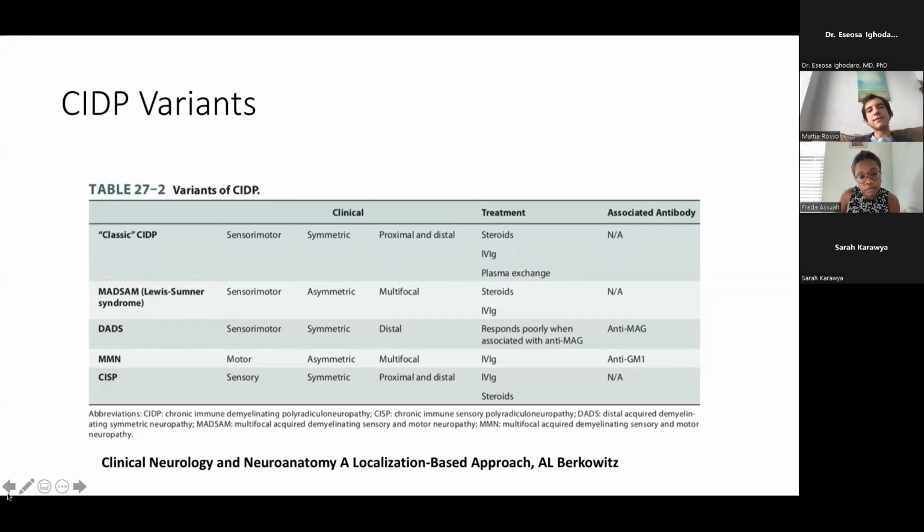But again, these four are more for, I think, neurologists, neuromuscular specialists, definitely anyone who's studying for the boards, but I don't think it's required at the med student level. Although CIDP is something that you may actually encounter on your rotation.